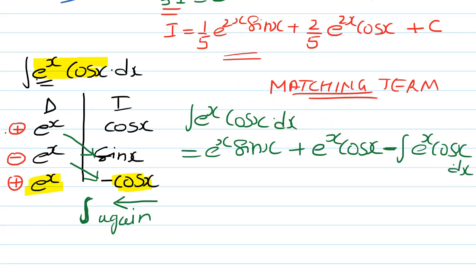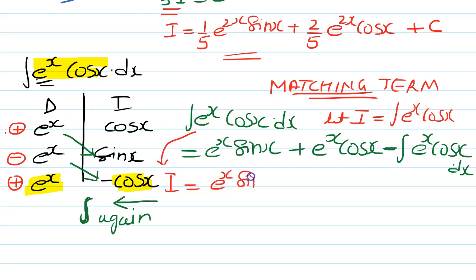Yeah, now what we are going to do, let capital I be e to the power x cos x. So this side we can write down, so this will be I equal to e to the power x sine x, e to the power x cos x, and this is minus I. So once you are doing plus I on both sides,